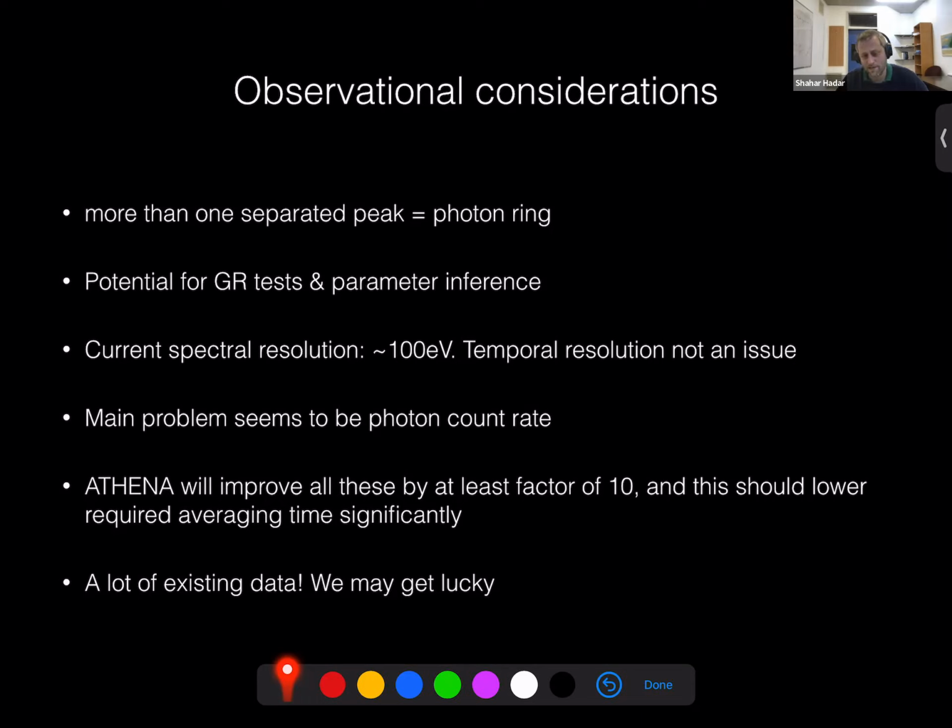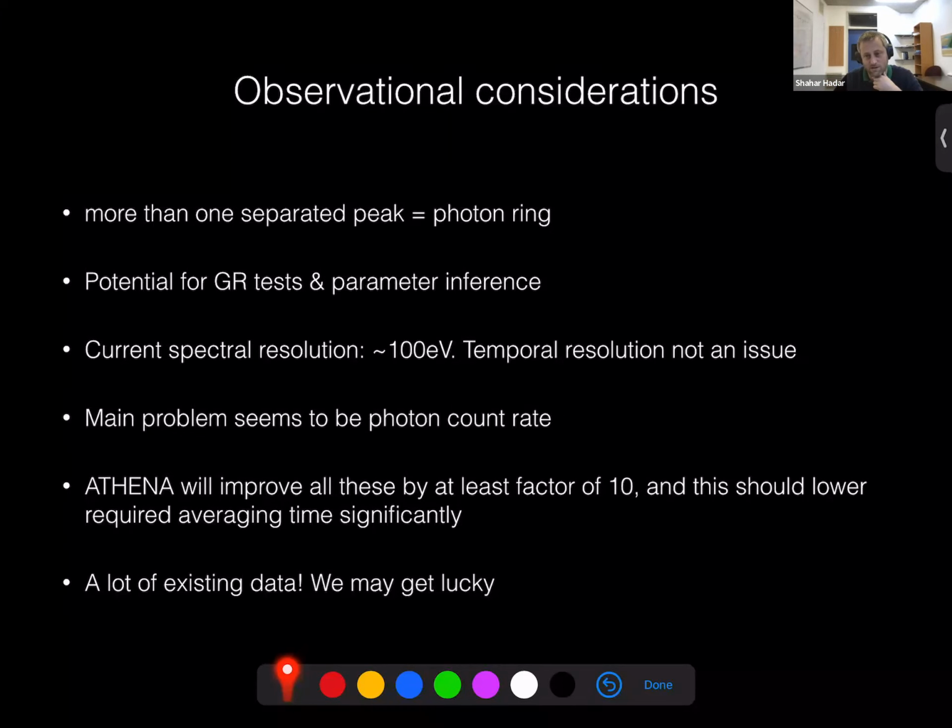But one main setback, at least for the current data, seems to be that the photon count rate is still quite low. This is a problem that we didn't consider when thinking about VLBI, but you're not getting a lot of photons from these sources. If you want temporal correlations and you're getting one photon in a very long time, then it's going to be hard